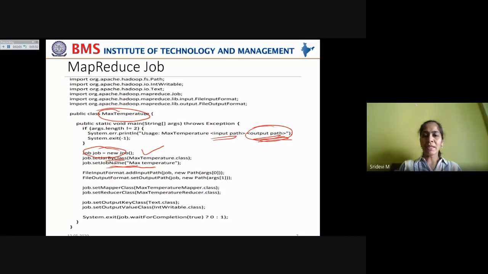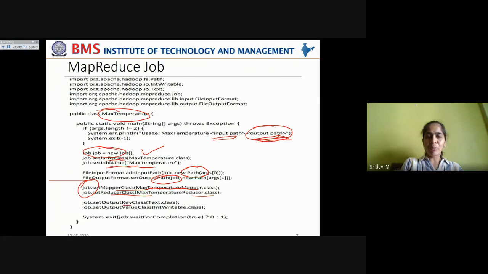Now you are also adding the input path and the output path. The input path will take the data from the input file and sets it to file input format, and also it is setting the path to the output file. That is where the file has to be written. The output of the reduce class has to be written. And then you are setting the mapper class by using the mapper.class file, and you are setting the reducer class by using the reducer.class file to the job object.